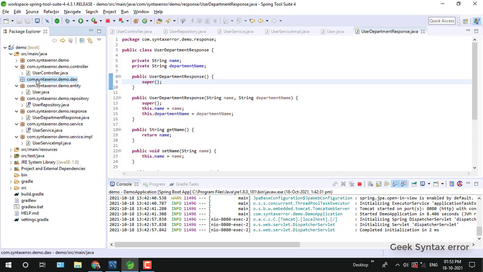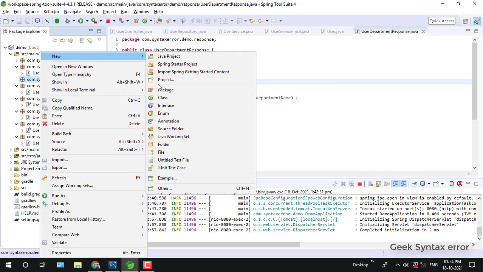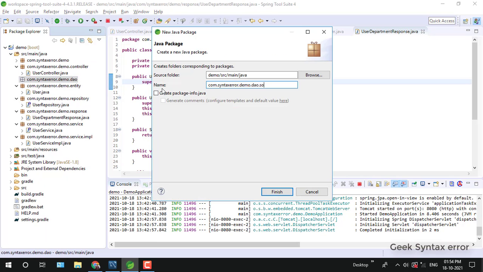So we are going to use another top level class named NamedParameterJdbcDaoSupport class. This is the class which internally makes use of this data source object, and it will create a JDBC template for us. So all this low level operation will be taken care of by this class. Okay, so we'll make use of the NamedParameterJdbcDaoSupport class. So for that I'll create one package under dao known as the support package.